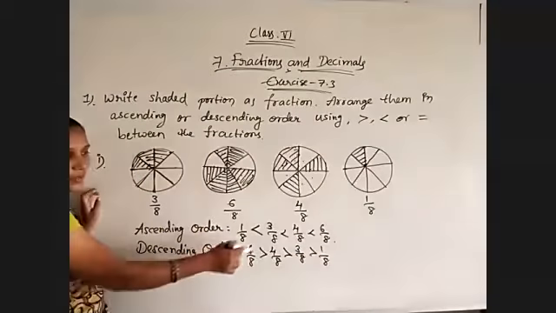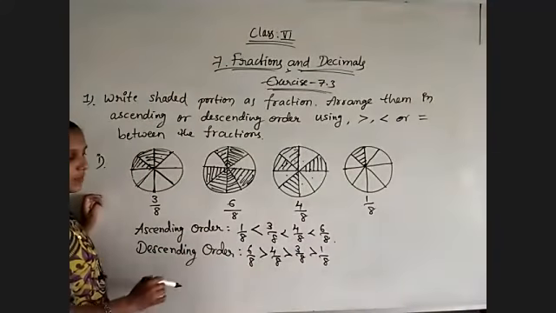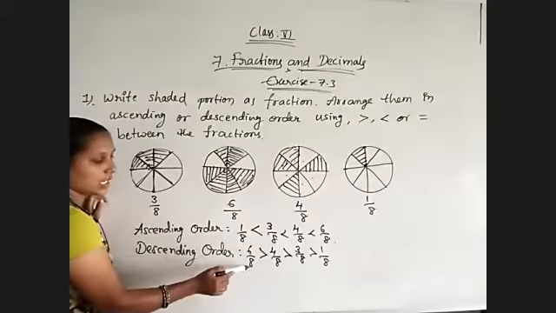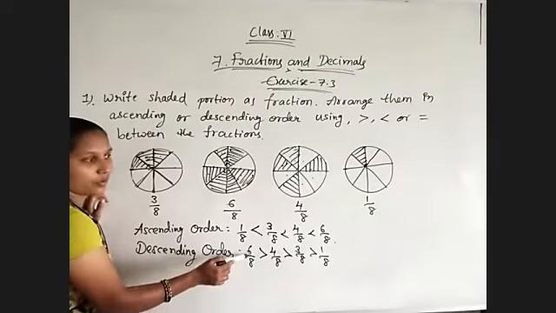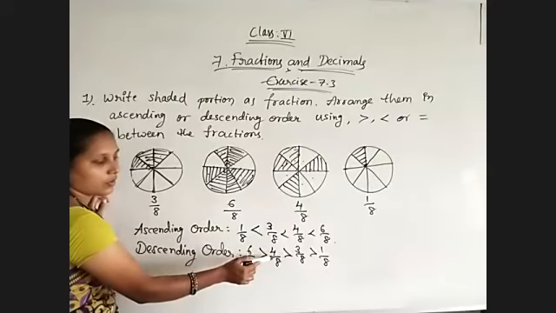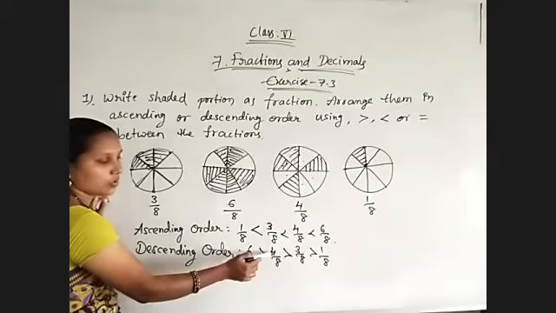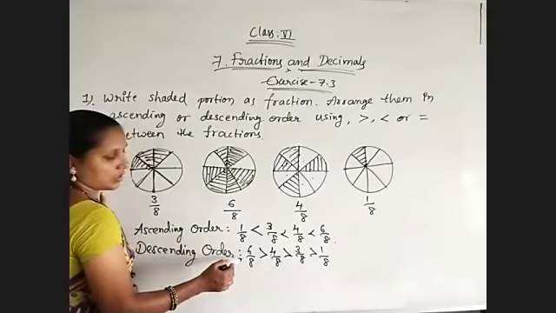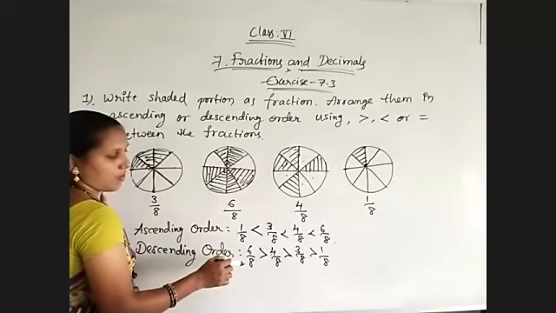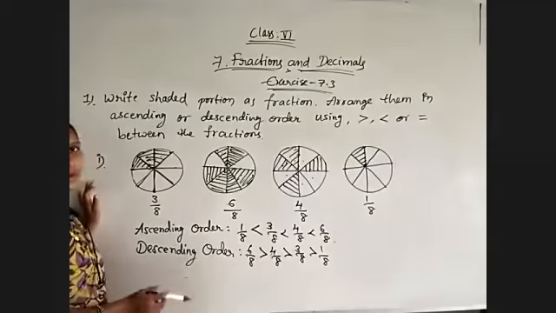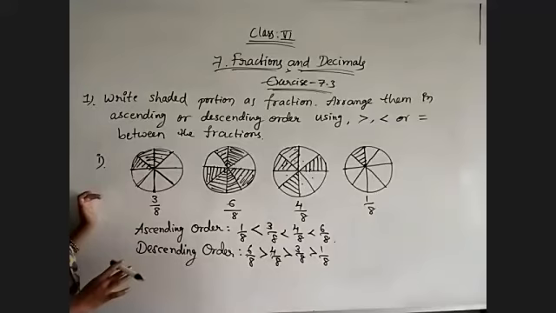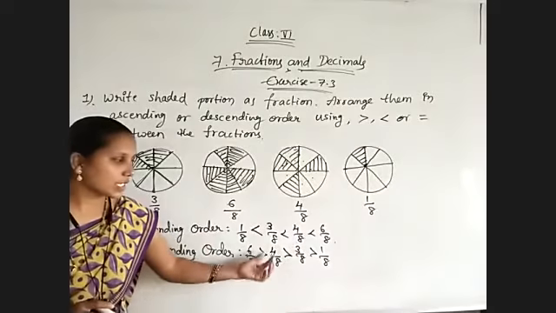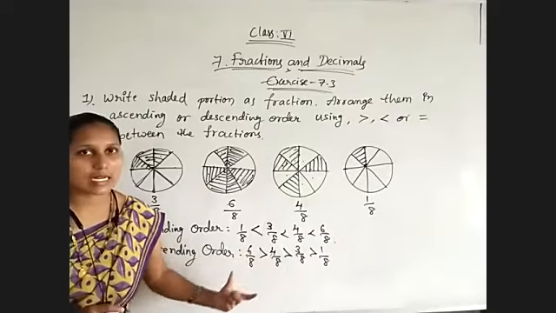And here no fraction is equal to another fraction. Just observe. Take them to simplified form. What you will get is 3 by 8, and 3 by 4. And here 4 ones are 4, 4 twos are 8, so 1 by 2, 3 by 8. That's all. It is 3 by 4. Here no fraction is equal to another. That's why we are just arranging them in ascending order and descending order.